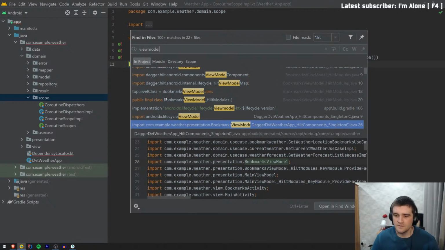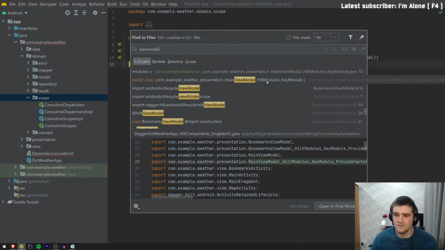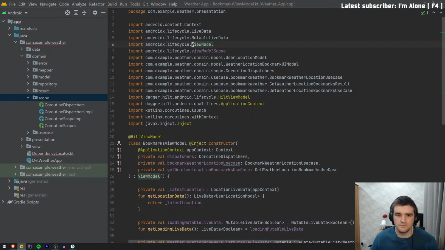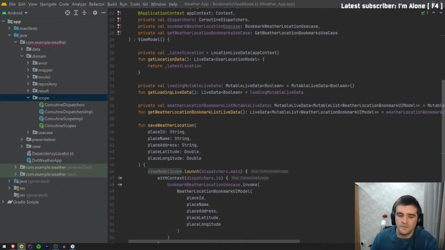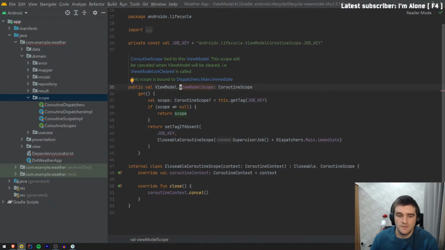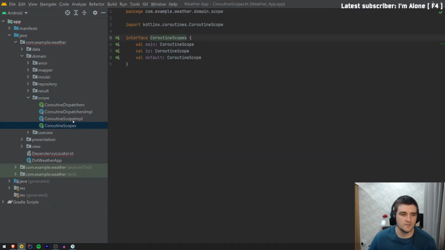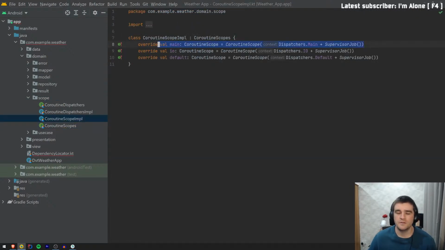Okay, good. How do I find it? Bookmarks view model. Okay, yeah, he is using it, thank goodness. So they use the view model scope, which is built in, and the lifecycle of that scope is managed by Android, such that when the view model dies, the scope gets cancelled, and then the work will stop, whatever's happening inside. Whereas if you were to use something like this, where the scope is fixed,